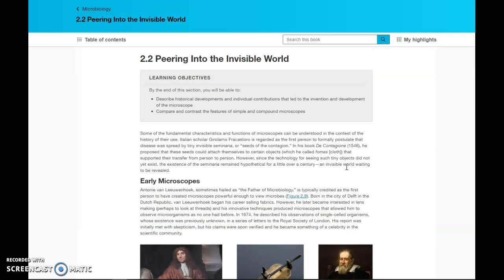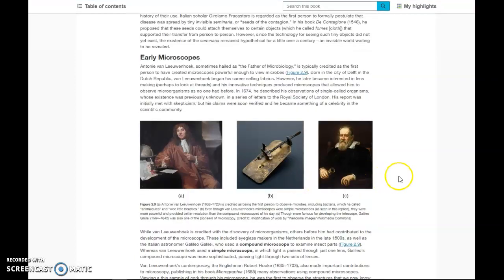He is sometimes referred to as the father of microbiology because he invented the first microscopes that allowed us to be able to view this world that was previously unknown. We had this idea that maybe there were things out there that we couldn't see, but we weren't aware of them, we couldn't observe them until Leeuwenhoek came along and built his